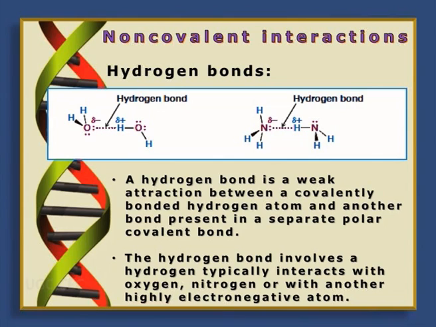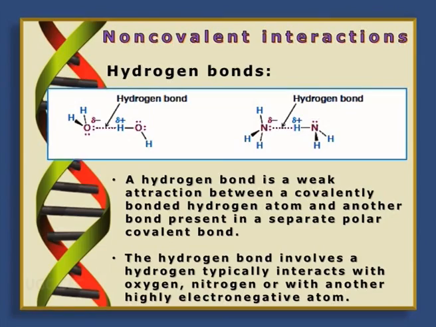Now let us know more about the non-covalent interactions. Where do they occur? They are also found in nucleic acids. Again, they can be divided into three main types. As shown in this slide, I have only shown the hydrogen bond. The remaining two I will cover in the other slides.